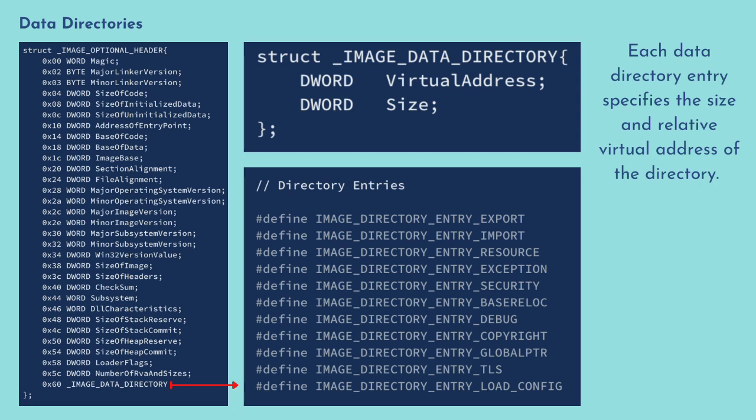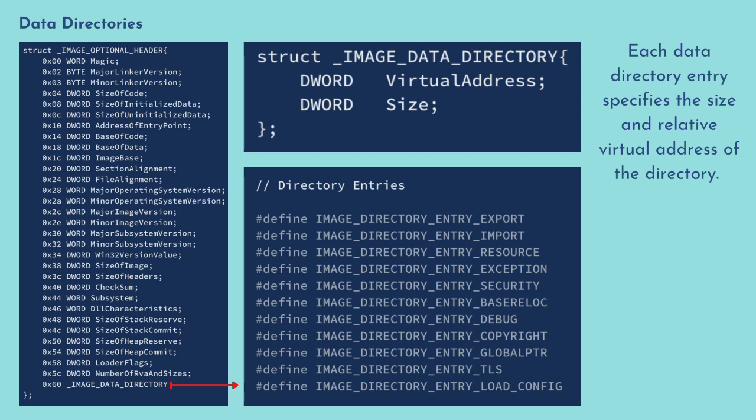The current PE file format defines 16 possible data directories, 11 of which are now being used, such as export directory, import directory, resource directory, exception directory, security directory, base relocation table, debug directory, description string, machine value, TLS directory, and load configuration directory. Each data directory entry specifies the size and relative virtual address of the directory.